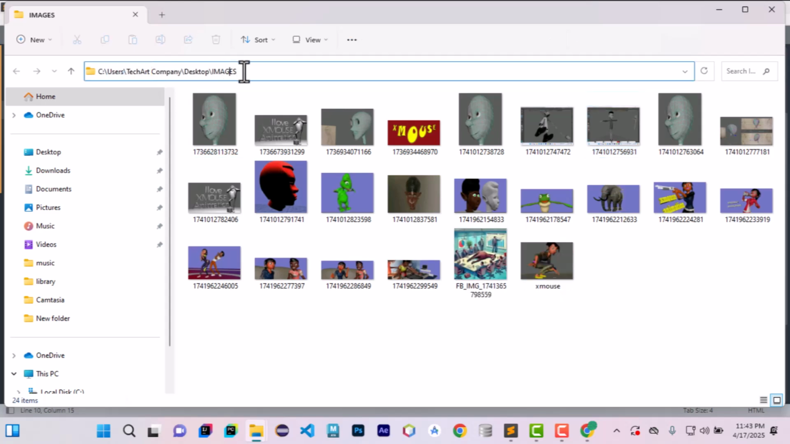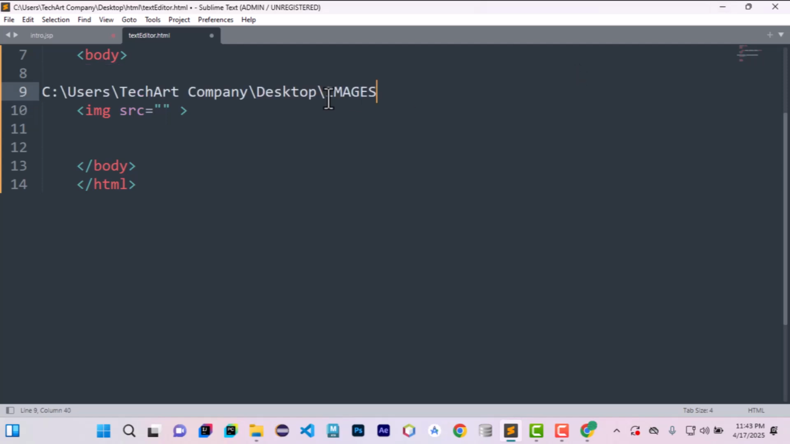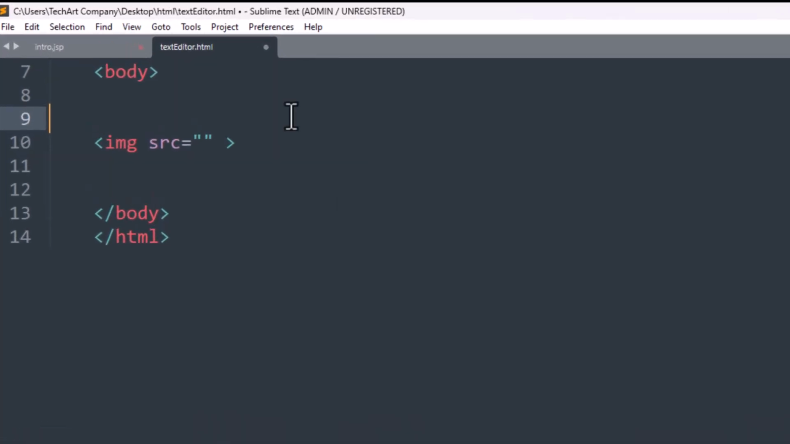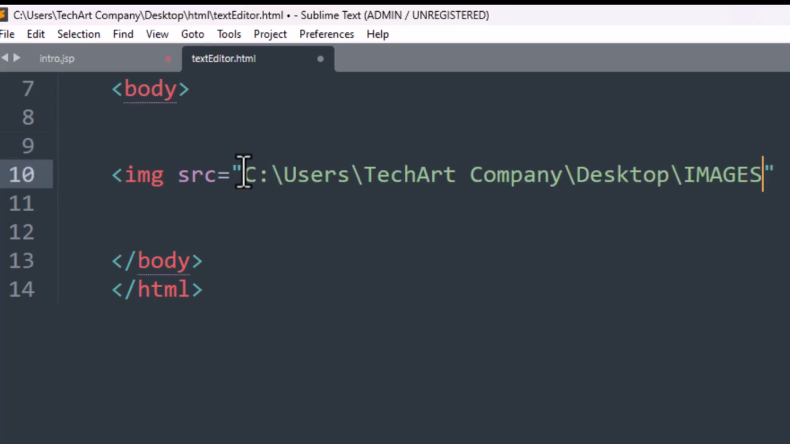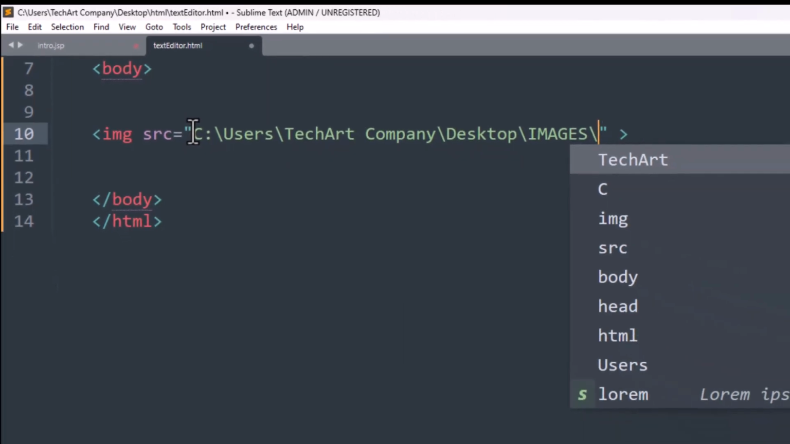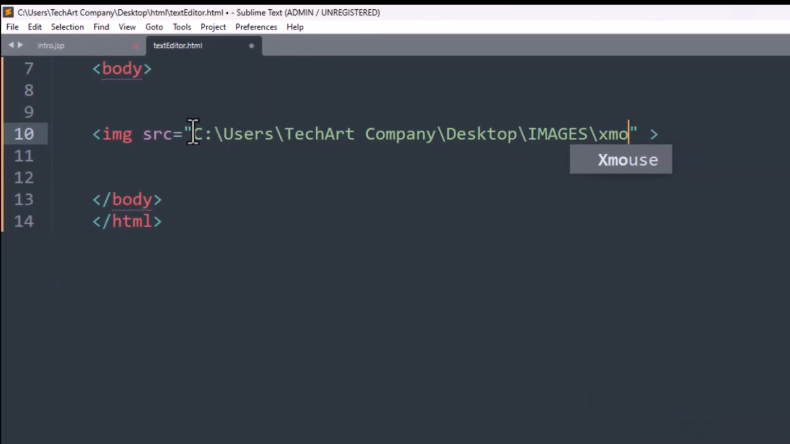So I copy this URL, Control C, and the name of the image is Xmos, right? So just minimize this and paste the URL there. Control Z, paste the URL here, just like that. And the name of the image is xmos dot jpg,